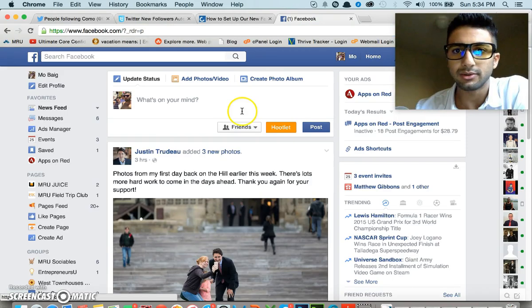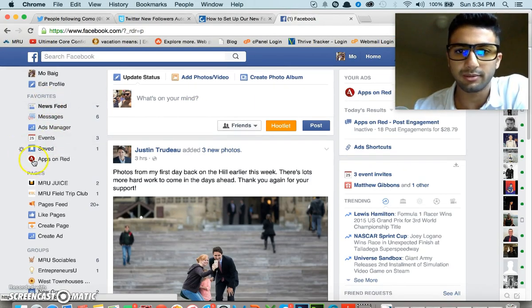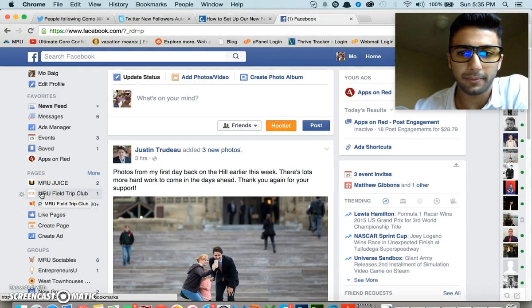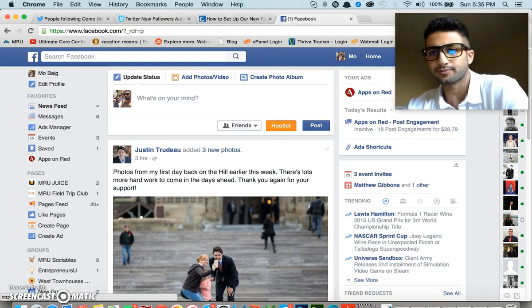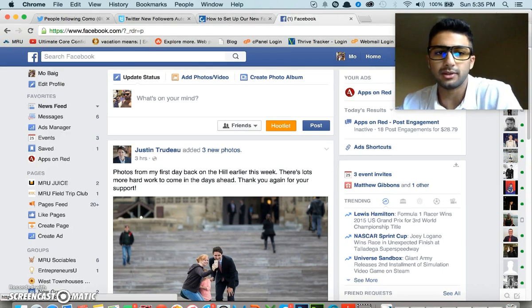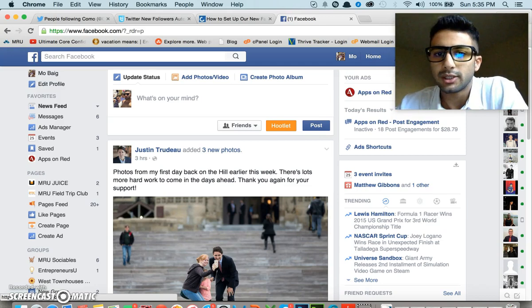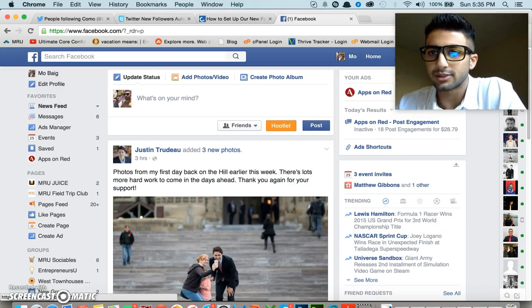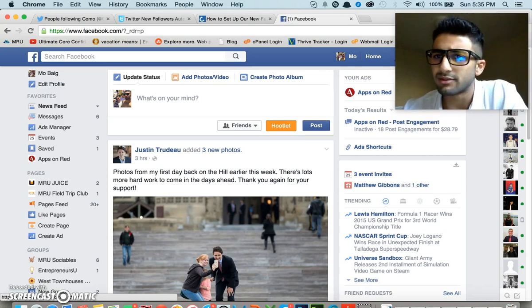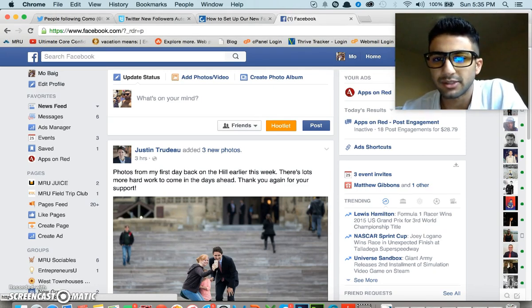Now you can also use Facebook. Facebook is great, but Facebook works differently because nowadays with Facebook, when you have your own Facebook page, chances are the posts that you're making for that page aren't being seen by most of the people who actually like your Facebook page, because Facebook is so big,